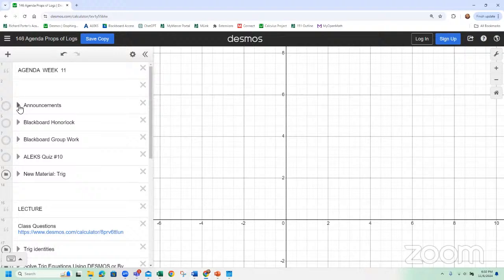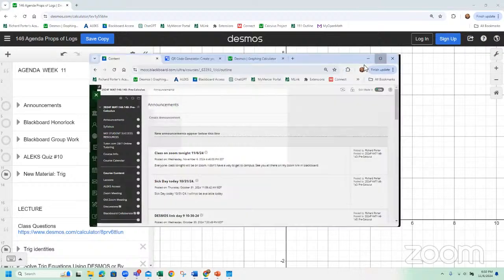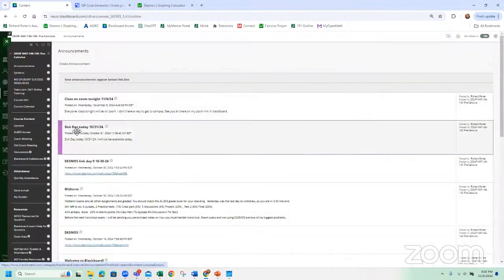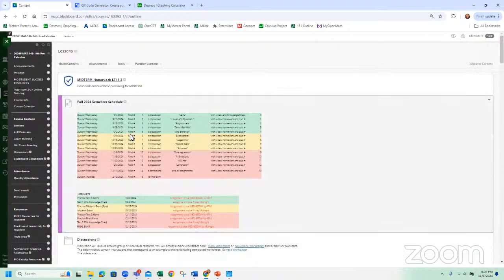Just an announcement that today is the 6th, and so what to do on the 6th? Let's pull this thing here. What to do on the 6th is